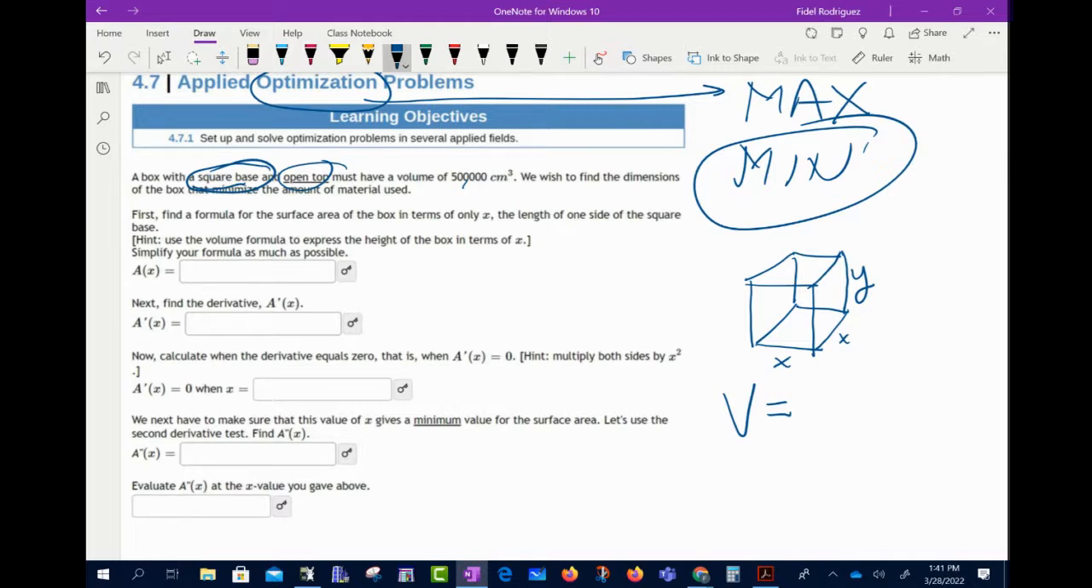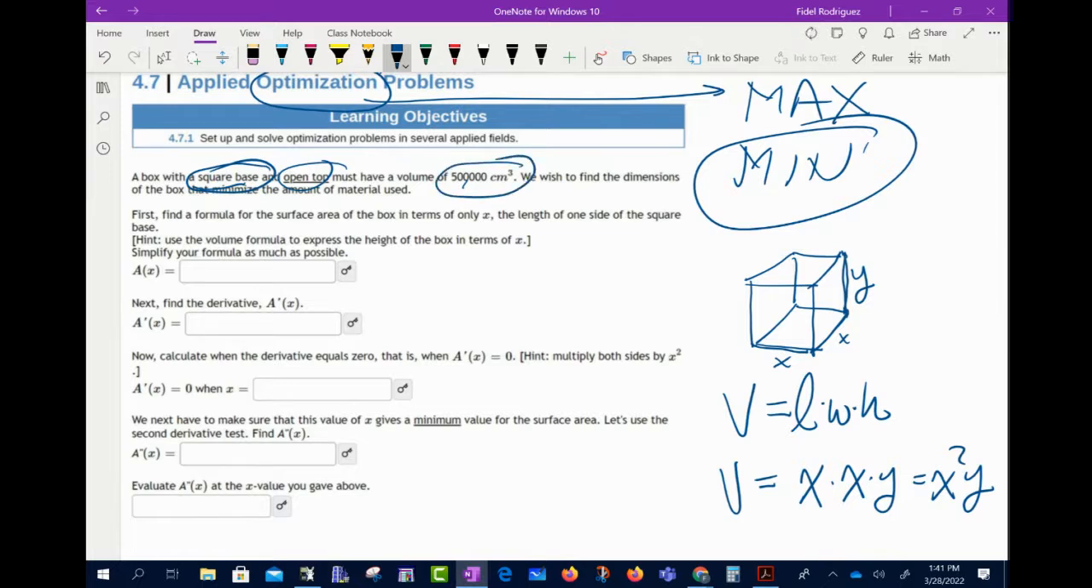The volume of a box is a straightforward formula. Look, it's the length times the width times the height, okay? So in this case, let's find our volume. The length is x, the width is x, and the height is y. So x times x times y is the same thing as x squared y. The other thing that we know about the volume of the box is the volume is going to be equal to